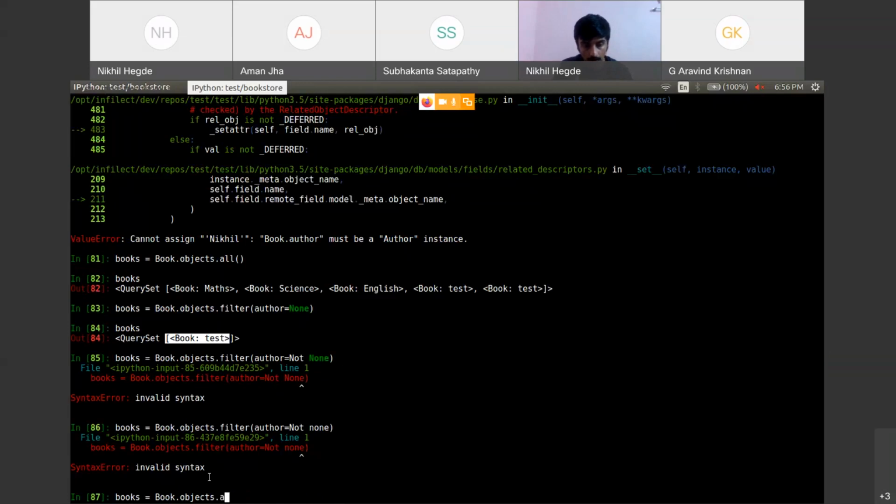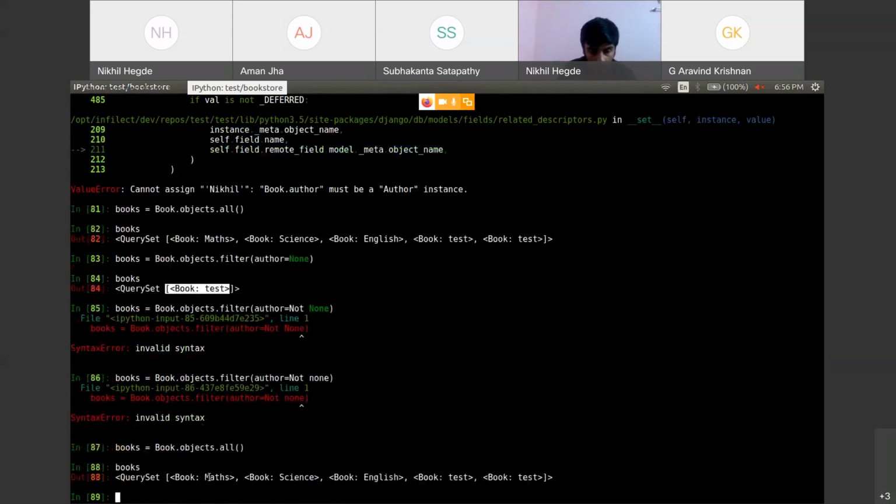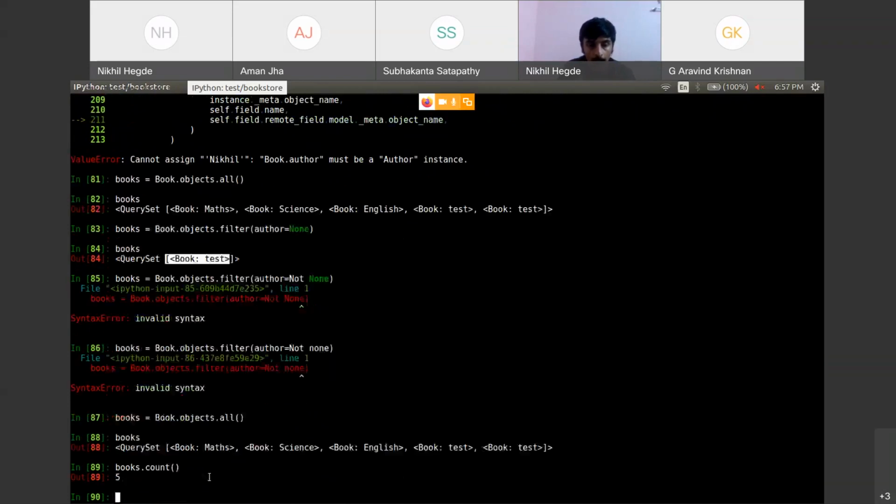What you will do is, first you will fetch all the objects of books. Now you see, I have 5 books, but I don't want the book which has no author. I want only the remaining 4. So instead of passing it as not none, what I can do is use the exclude function.